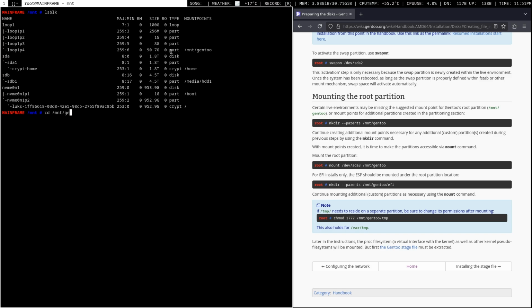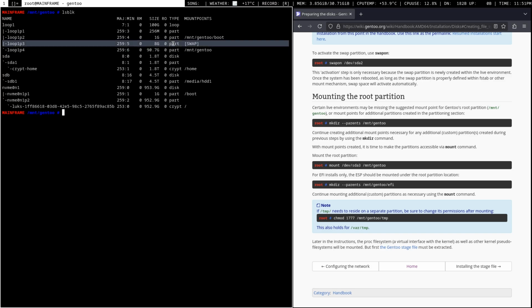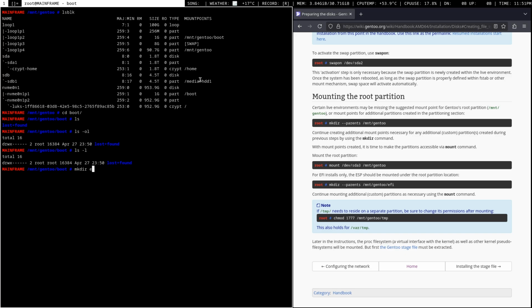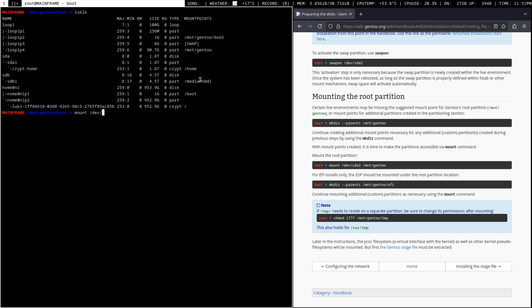Now for the rest of it, go to /mnt/gentoo, create the boot and home directories, then mount the boot partition, which is partition 2, to boot, then swapon /dev/loop1p3 for the swap partition, then go to boot, mkdir efi to make the EFI directory, and mount loop1p1 to efi. So now that all that's mounted,